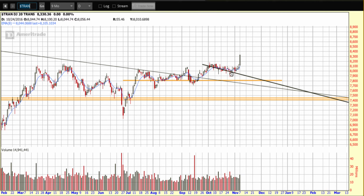So this wedge is important to the transports. We'll see in the days ahead how it behaves around this area, but strong bar yesterday. So those are areas of price strength. These are the things that I'm keeping an eye on. The flip side of the equation: